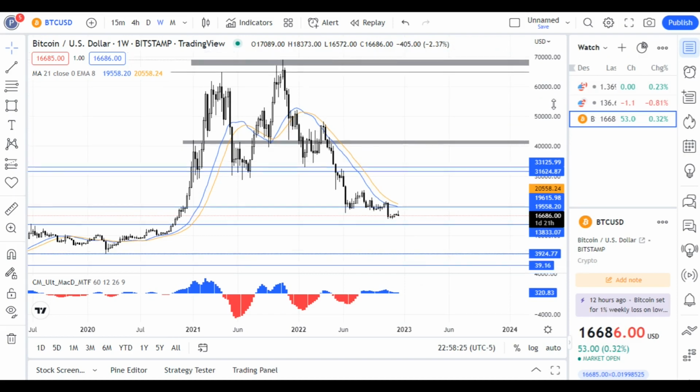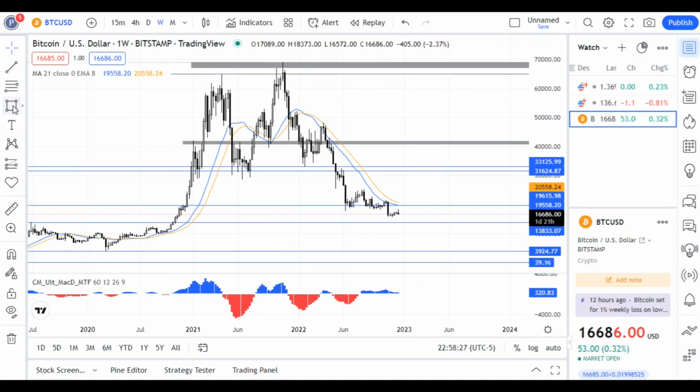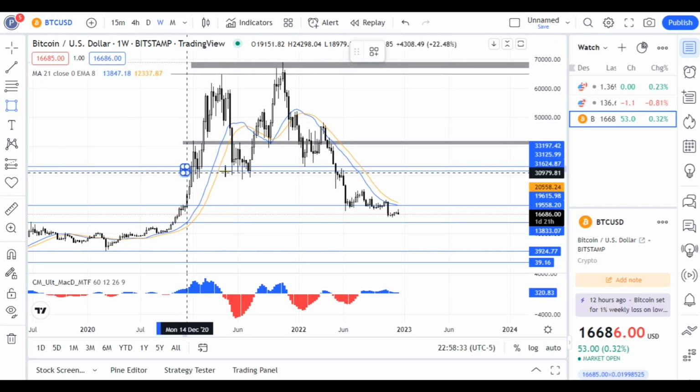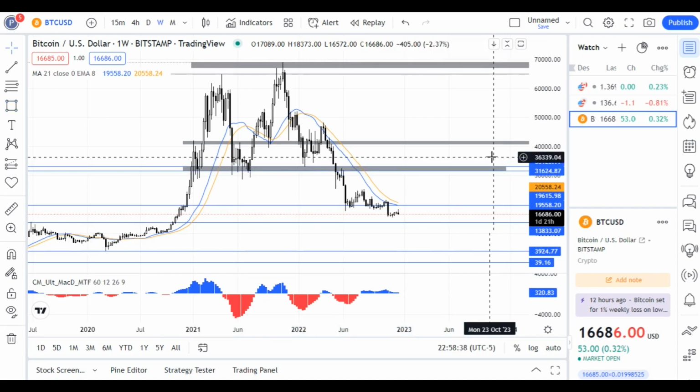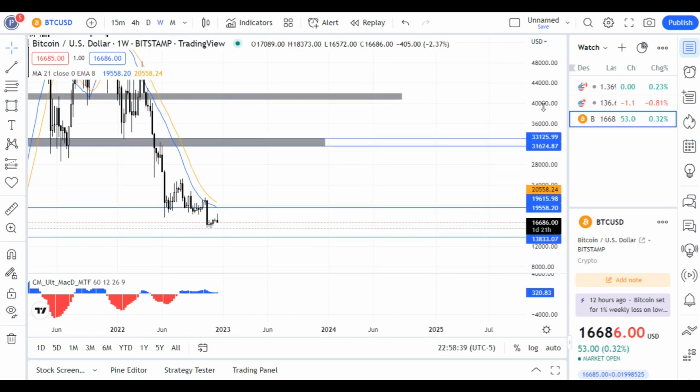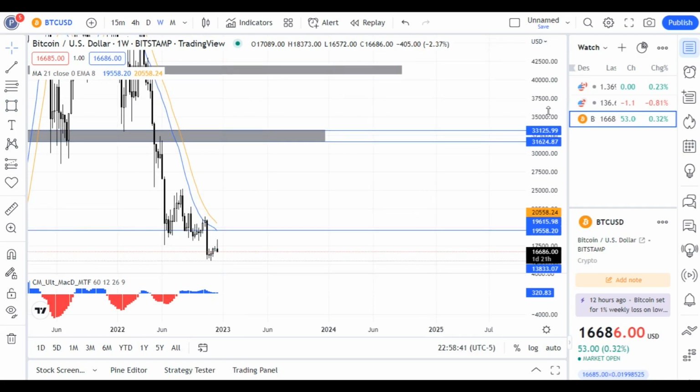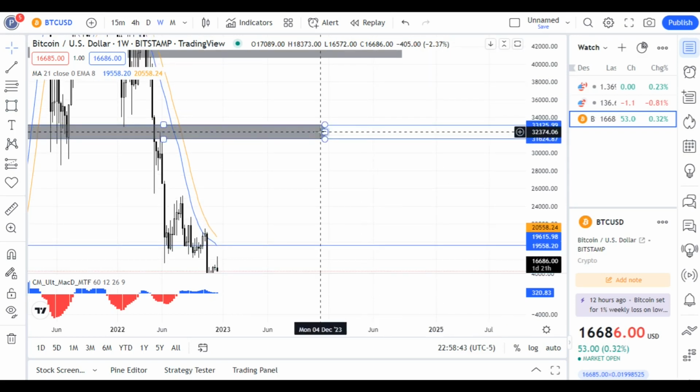Okay, so the next one is also a zone. It's very important to use the rectangular tool to indicate it, and we are using gray color. So with yours you can also use any color. So as soon as we move to